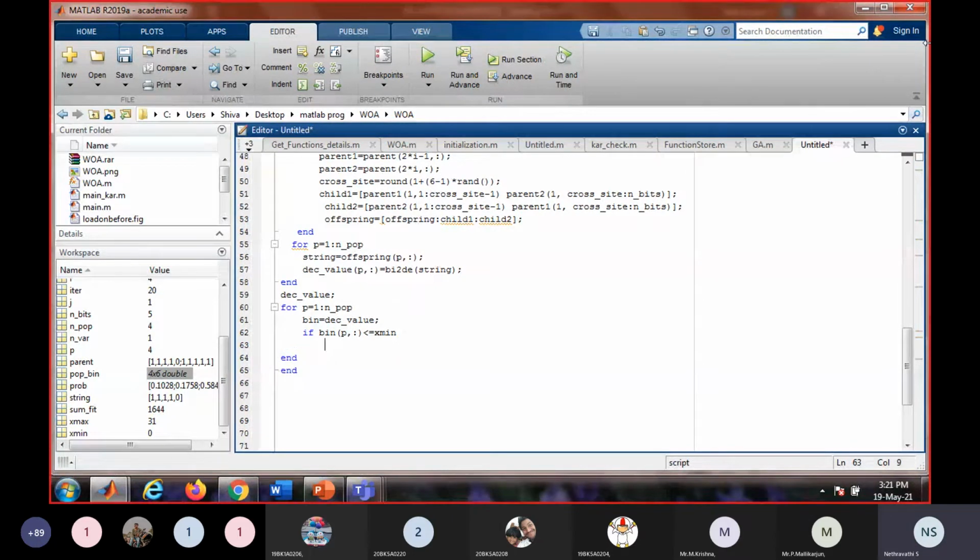What is the minimum value? 0. If it is less than 0, just round it off to the minimum value itself.